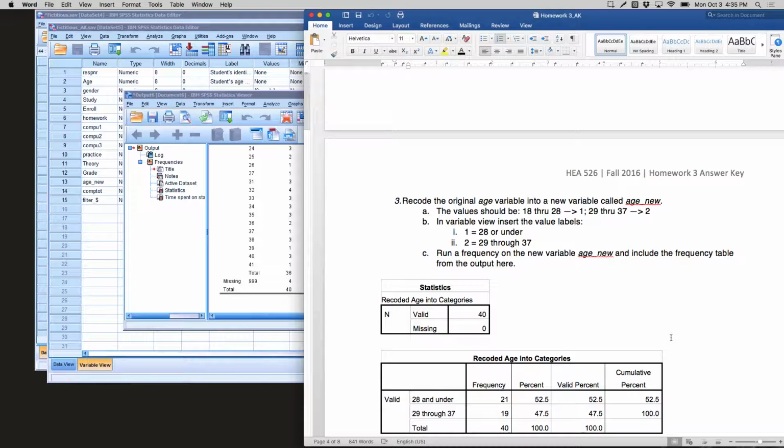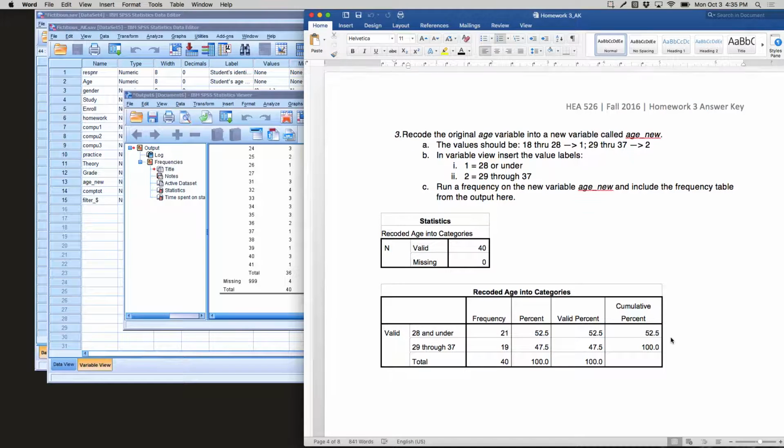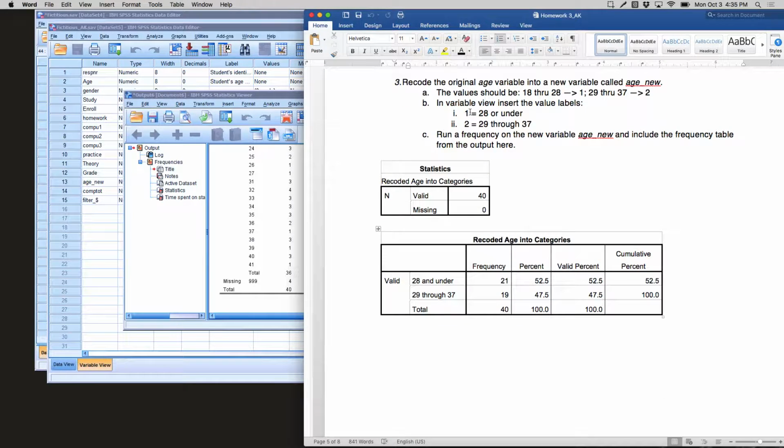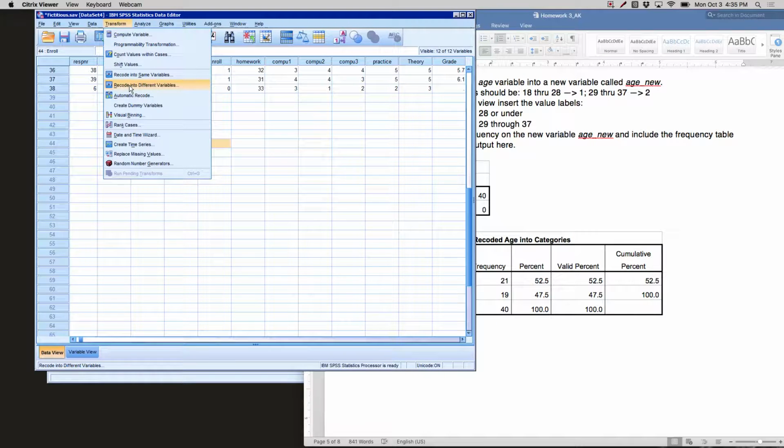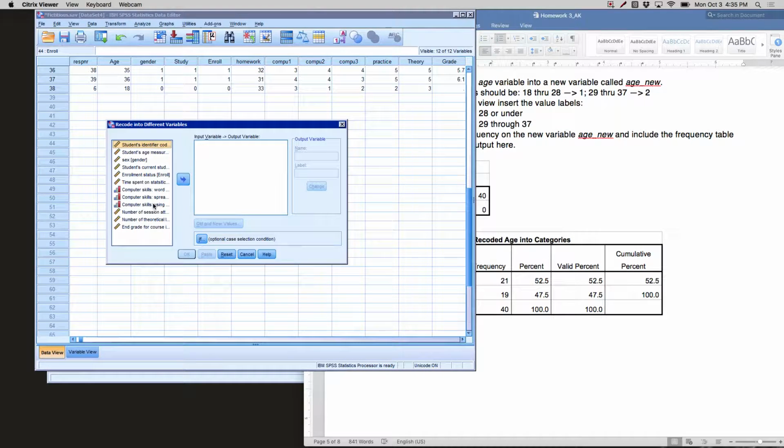Questions so far? Anyone? So next was the recode of the age variable. To do that, you want to go into transform, recode into different variables, bring over the one you're recoding, which is age. I don't think I have the right, where is it? There you go. And then change the name,